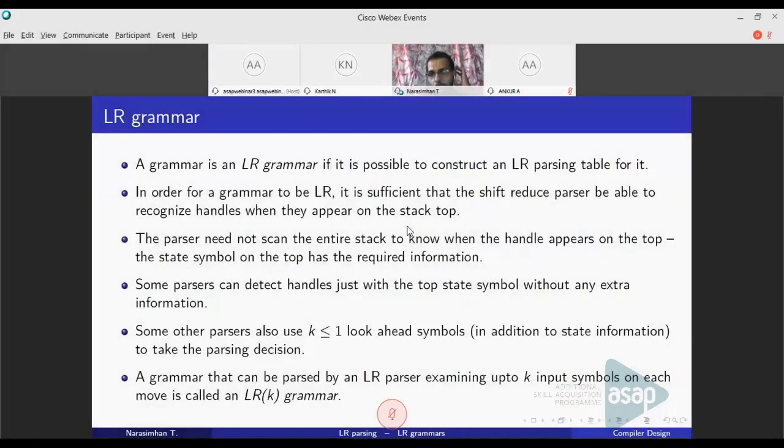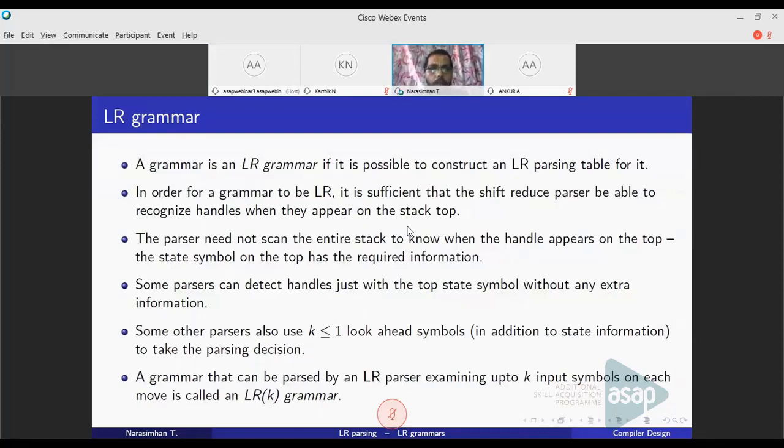So welcome back to the second lecture on compiler design. In the last lecture we discussed the basics of LR parsing. What is LR parsing? What is the parsing model? We saw the parsing algorithm, and we also discussed how an input string is processed with the help of a parsing table. So obviously now you will ask, okay, now you know how to parse an input string with the help of a parsing table. Now the obvious question will be what?